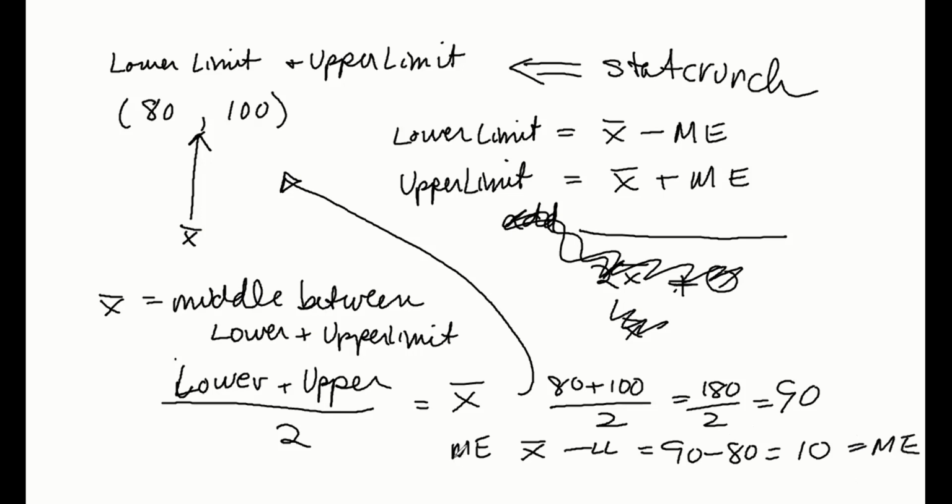Another way to do it is to just take your two limits and subtract them, your upper minus your lower is going to give you 2 times the margin of error. So you can say 100 minus 80 is 20, and I'll divide it by 2, and that gives me,